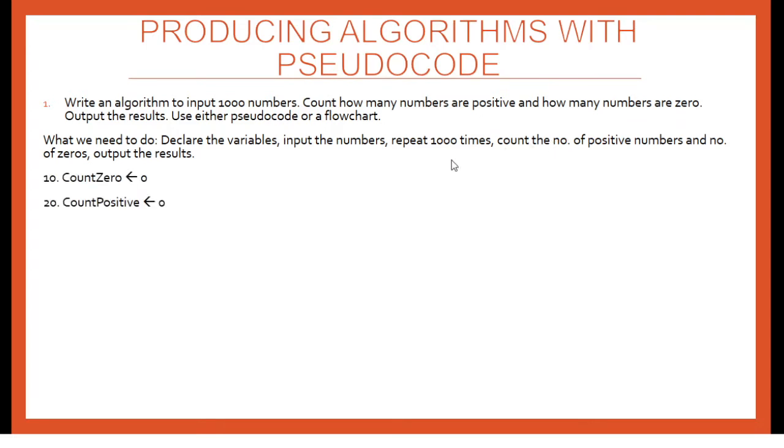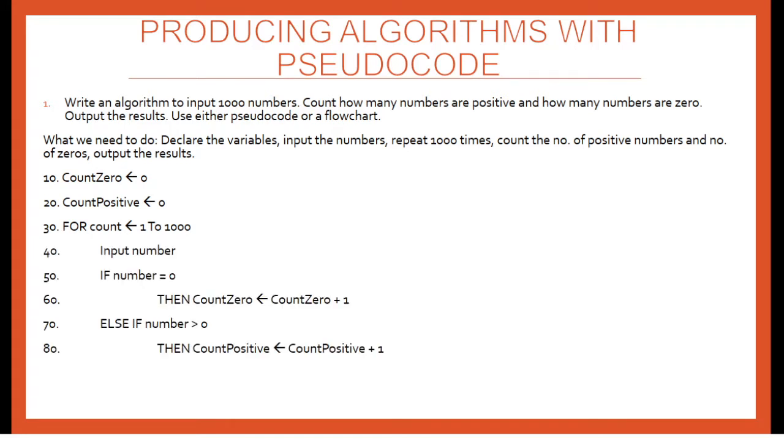So, count 0 is equal to 0 and count positive is equal to 0. The numbers 10 and 20 show the line of code, and it is not necessarily needed to be written. For this algorithm, I will be using a for loop since the number of repetitions is already set to 1000. So, for count is equal to 1 to 1000,